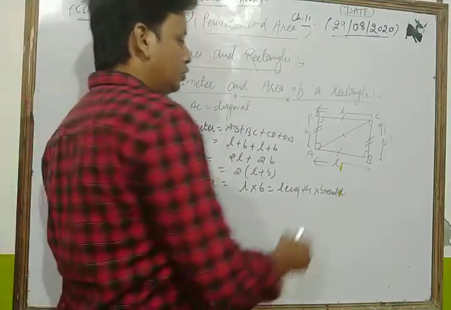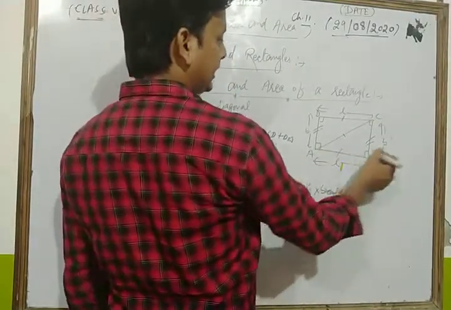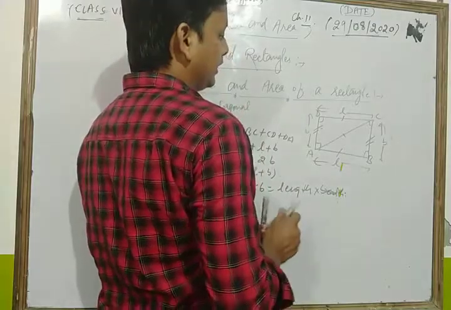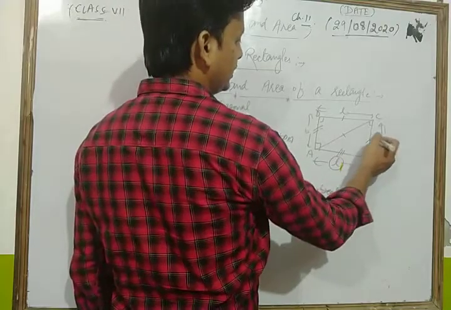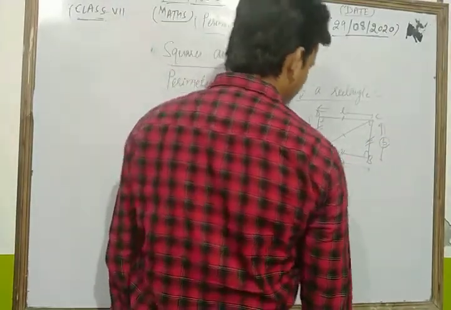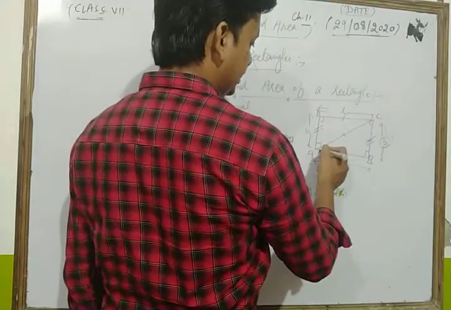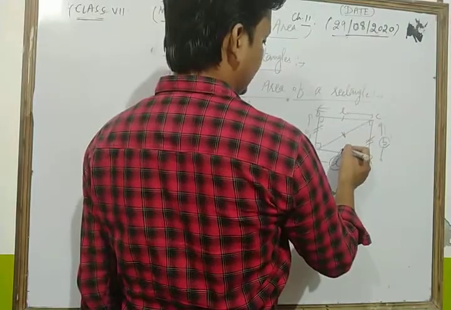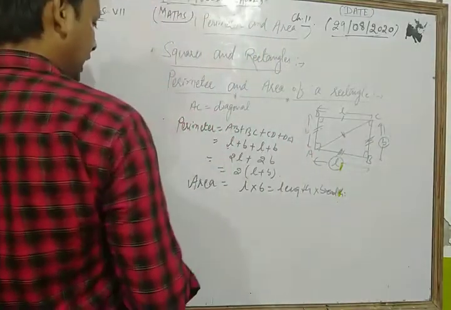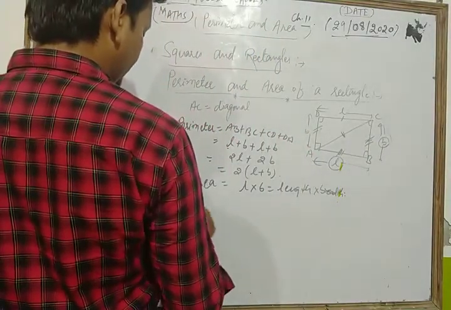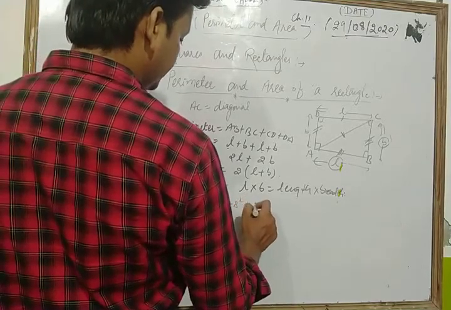Let's see, dear students. You know that in that figure, ABC is a right angle triangle, and in a right angle triangle the side AB is known as its base, and the side BC is known as its height or perpendicular. Then you know that using the Pythagoras theorem, AC is the hypotenuse. So the hypotenuse square is equal to what? Base square plus perpendicular square. So from the figure, AC square is equal to AB square plus BC square.